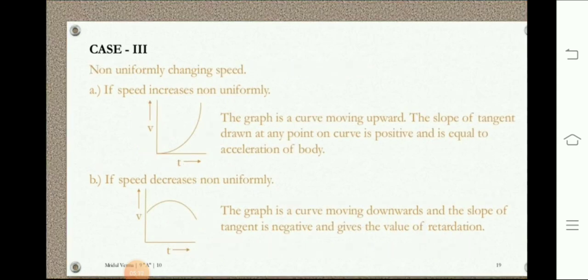If the body is moving with non-uniform velocity, the speed will increase non-uniformly or decrease non-uniformly, so the graph will be a curve moving upwards or a curve moving downwards. An upward curve will give a positive acceleration, a downward curve will give a